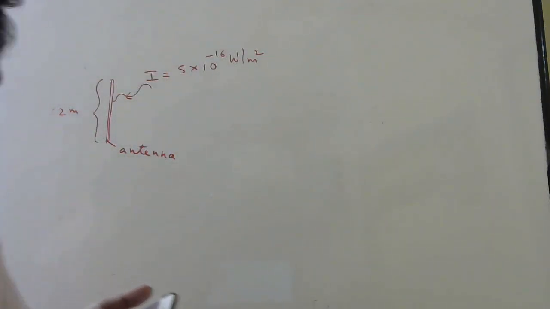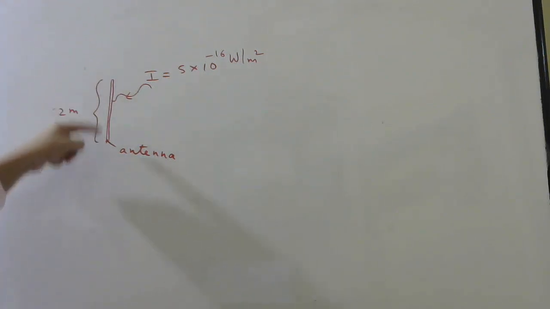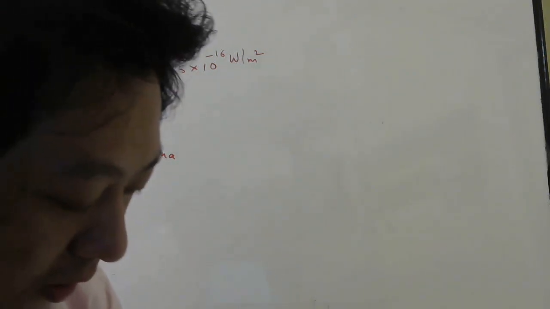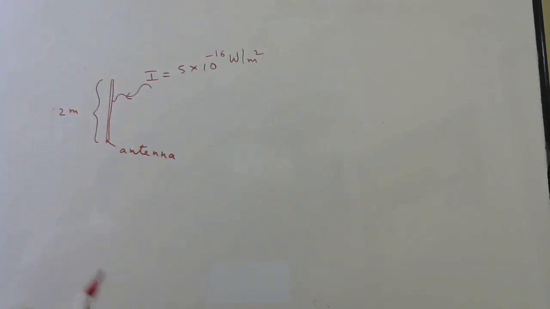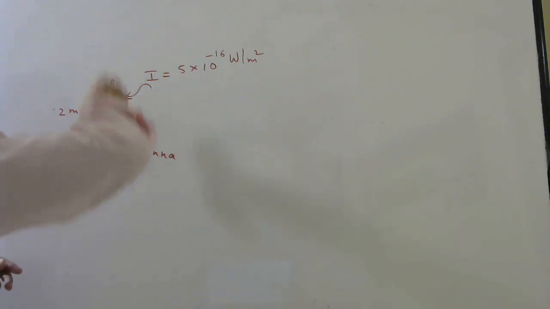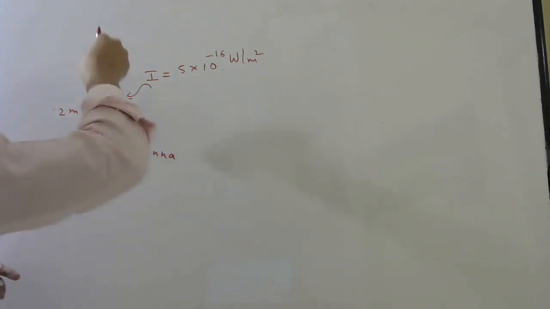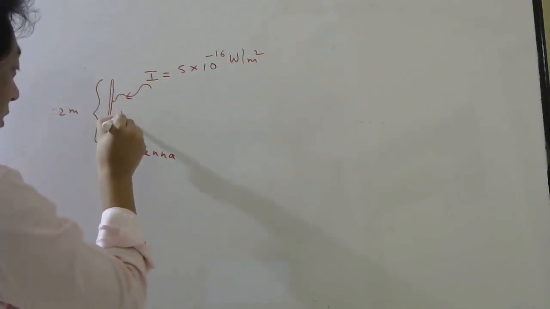The maximum potential difference between the ends of the antenna. So first you have to find the electric field. We have to assume whatever electric field of light is coming is this way. If it is this way, then the electrons will not oscillate, right? So we will assume it is this way. Okay, so electric field is this way, we have to assume.